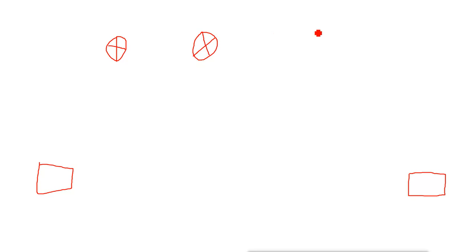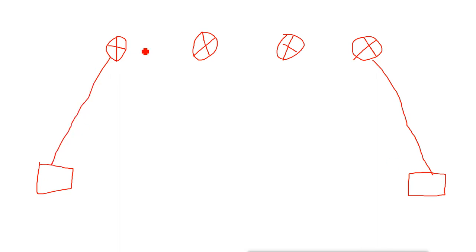Okay, for example, this is our machine here, and this is the destination machine here. Now these are routers which come in between our machine and the destination machine. So this machine is connected to this router, this machine is connected to this router, and these routers are also connected.